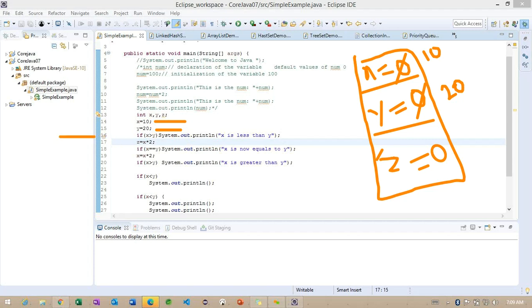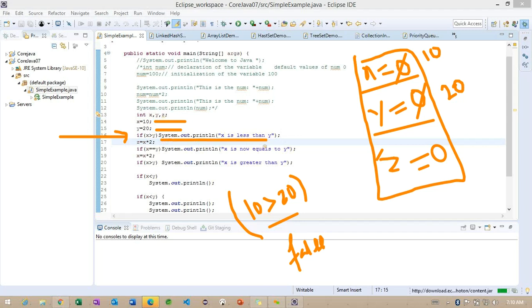Right. Now, you can check line number 16 here. What we are doing here? We are making some condition. What is the x value? We are having 10 and y value 20. So this particular block of code will return false. Right. Whenever it returns false, what will happen here? Whatever message we implemented, this method will not be executed here.